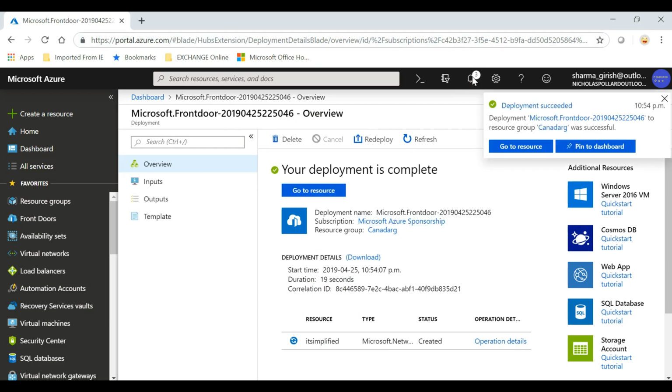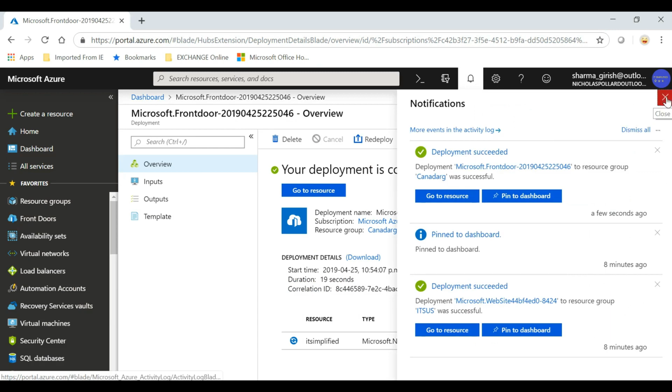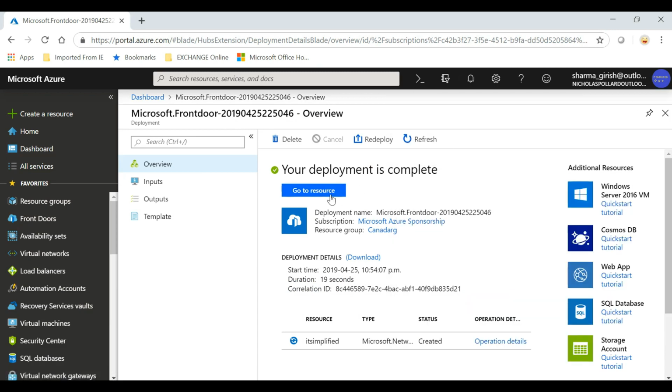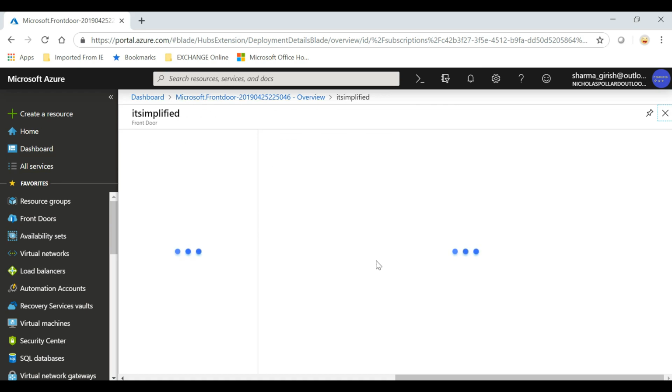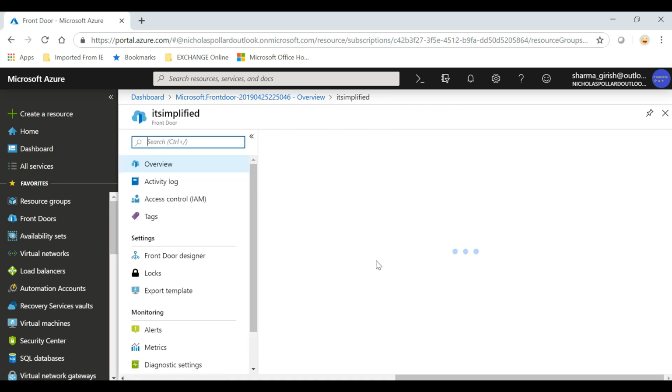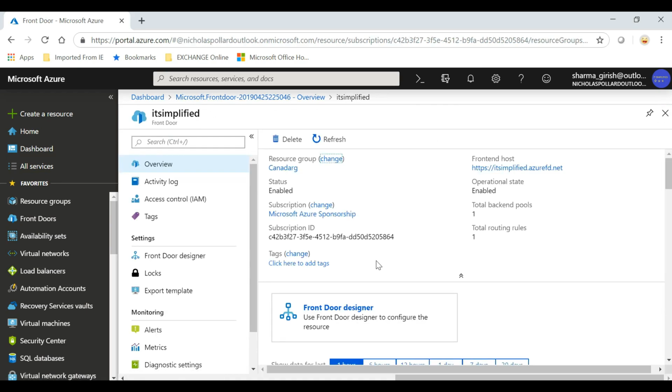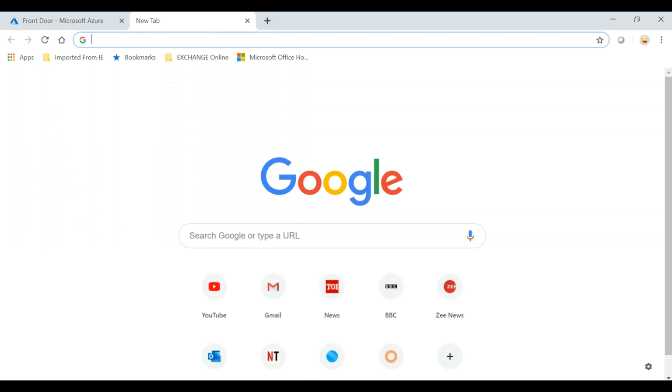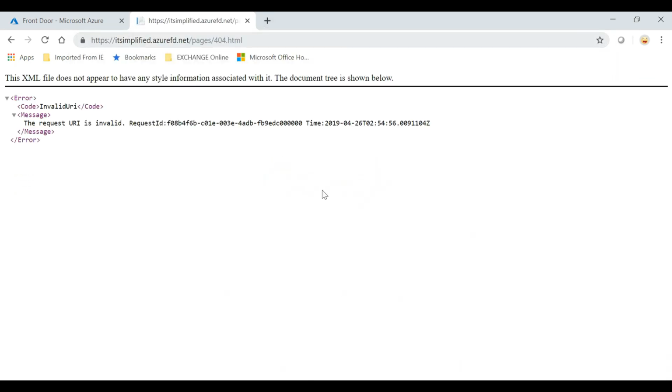If I expand the notification, deployment has succeeded. If I go to my front door, under the overview, you see that you get a URL which is IT Simplified. That is what we specified in the front end host. What I'm going to do is copy this and plug this in the browser. I should be hitting, okay,